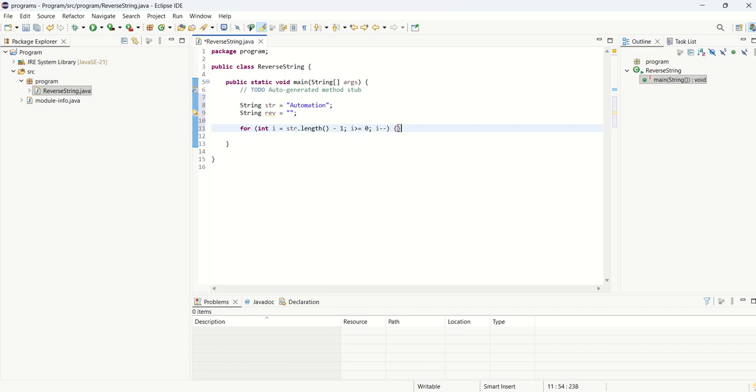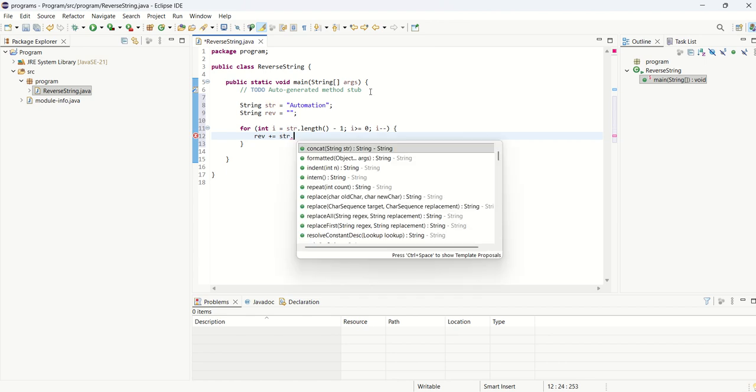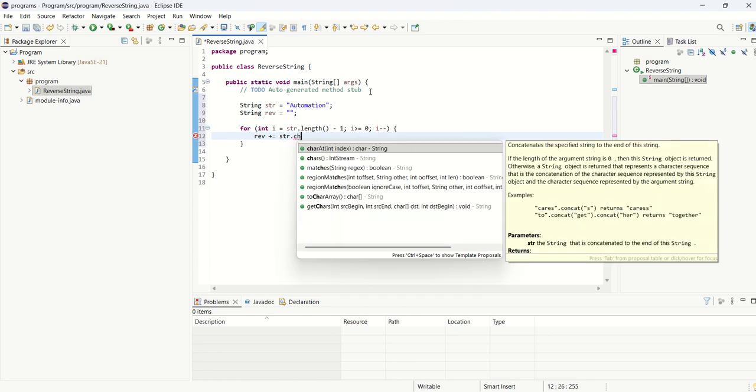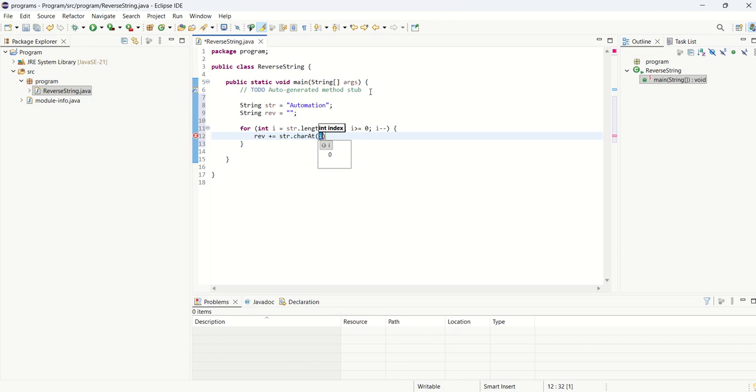Then you have to open the braces, then here you have to store that value, the new string you have created, plus string dot charAt method we have at index i. Okay,